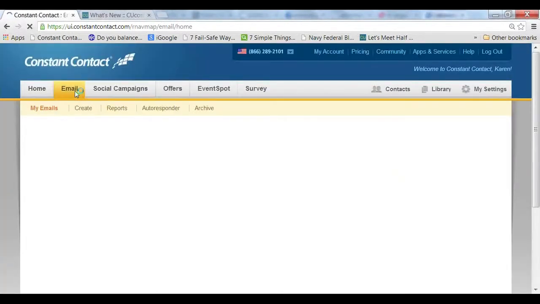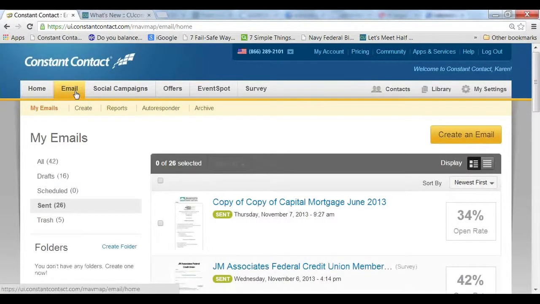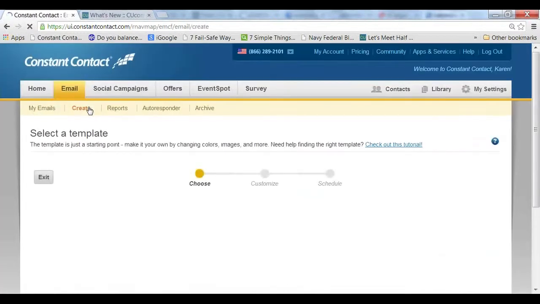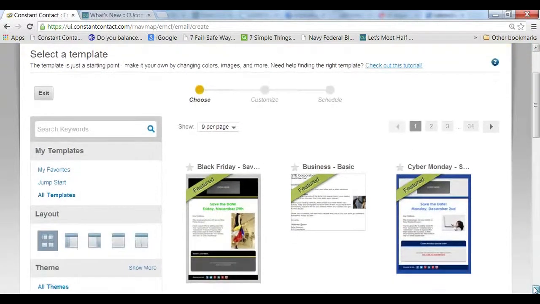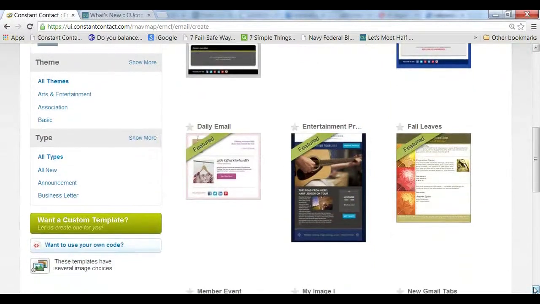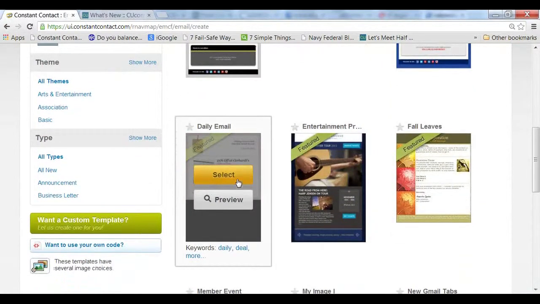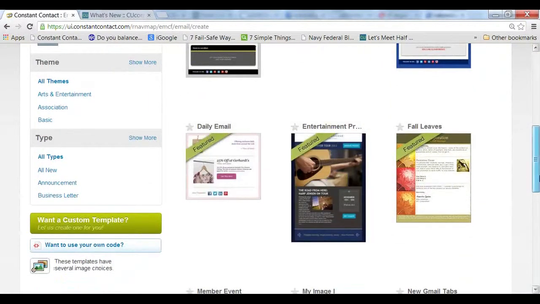If you want to send out an email, correspond with your members any way you'd like, you can click email, create, and this will bring you to the templates. Constant Contact has hundreds of templates. You can see 34 pages worth of templates. If you wanted to do a newsletter or a promotion, you would simply select it and